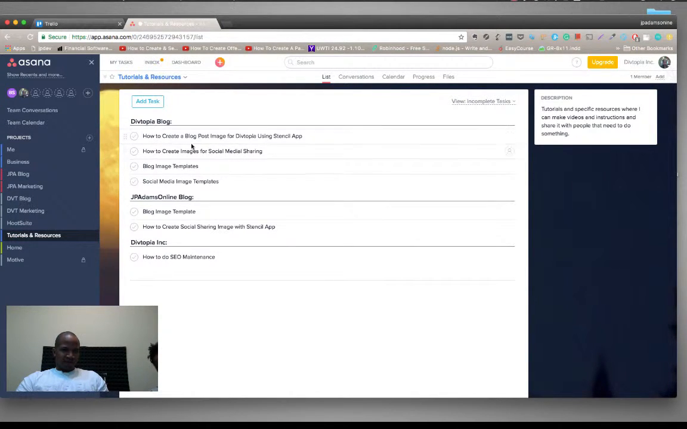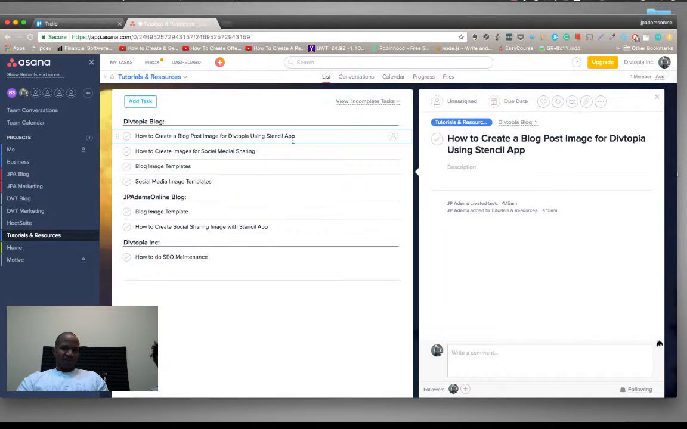Right? So it's like how to create a blog post image for Devtopia using Stencil app. Then it'll be on me to go into this specific task and add the instructions to that. Most likely I'll create a Google Doc instruction. At least that's the way he did it. He used Google videos, uploaded them to Google Drive, and then just linked